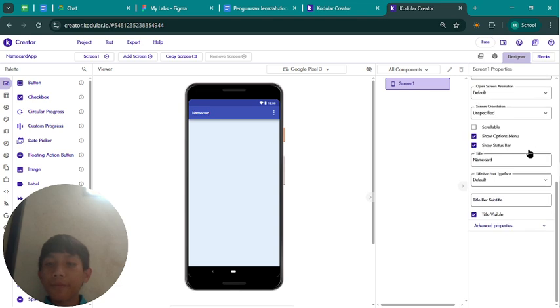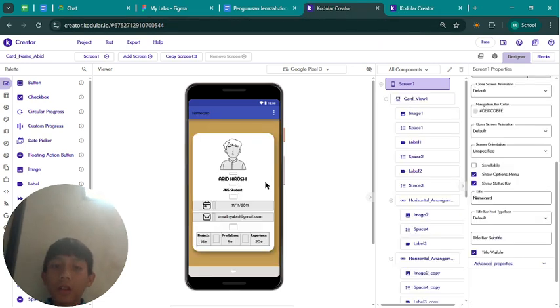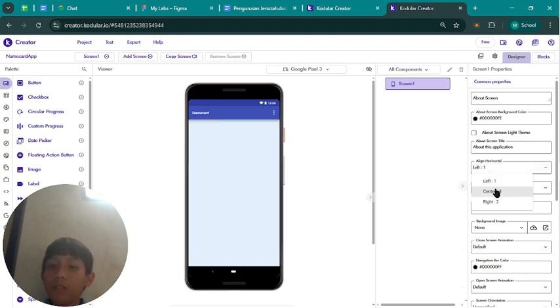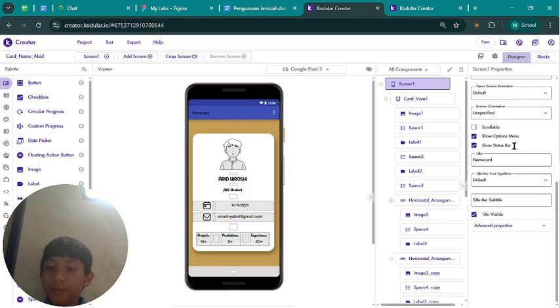And then there is show option menu. Show option menu is for the three dots, and status bar is for the battery. Okay, first, in the align horizontal and vertical, you change all to center.